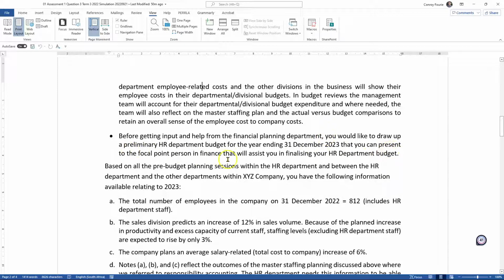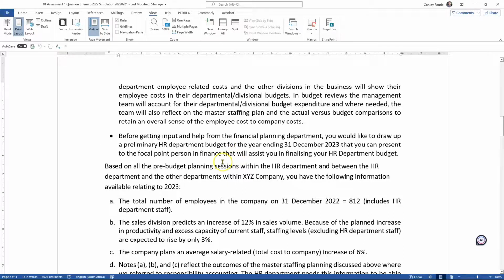And then finance will at that point help you to finalize your HR department budget. But in the meantime, as said before, the business would have discussed, and there would be various scenarios, and you would have already had interaction with the finance department, but now you're sitting back and you want to do the draft on your own